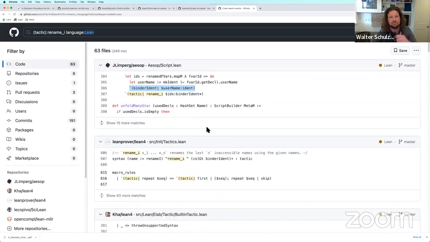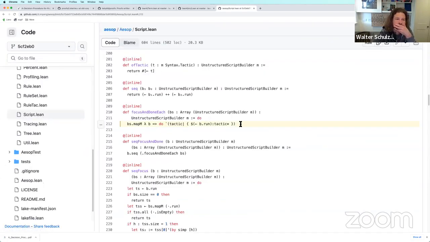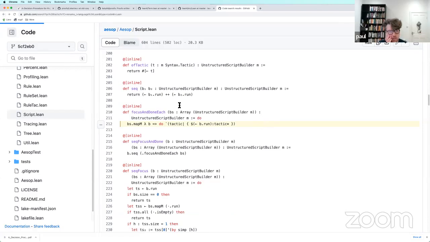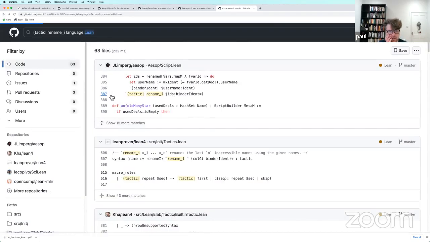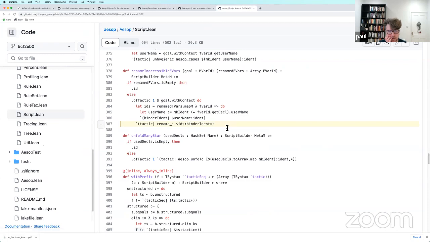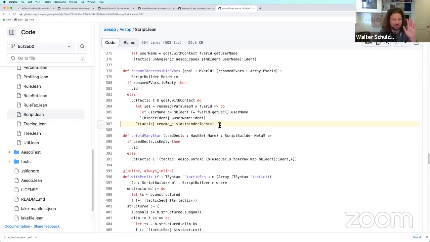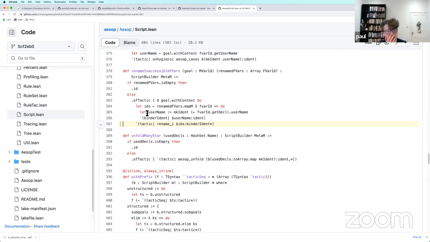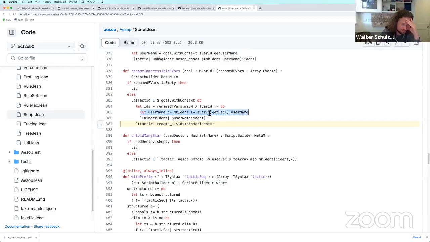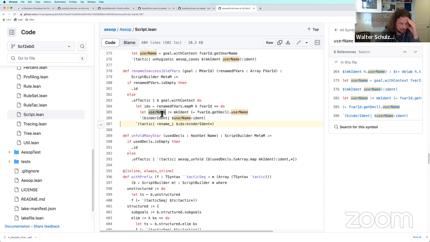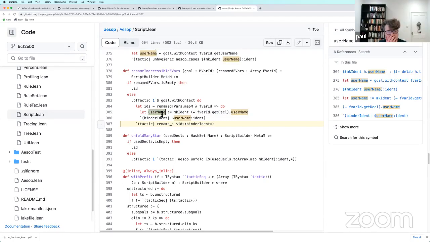Okay, no. Okay, let's go here. No. Oh, it's changed. It's changed since it was indexed, I suppose. Here it is. Okay. So we let the username, right? So this is just going to be a Lean ident.